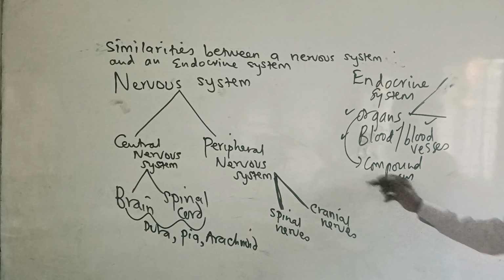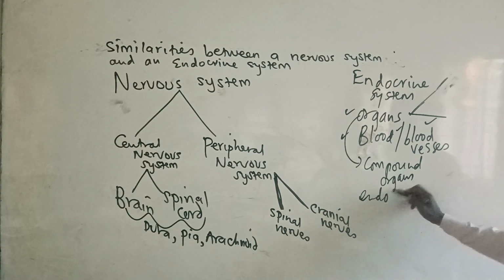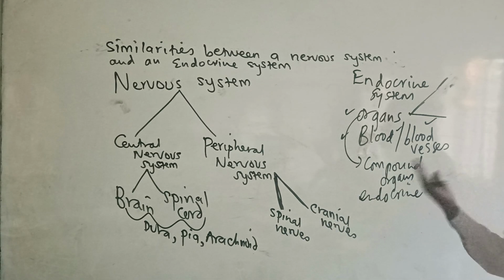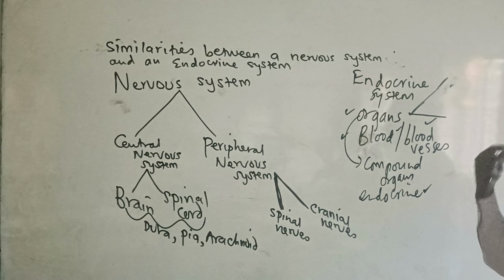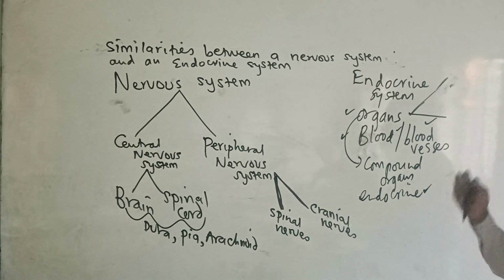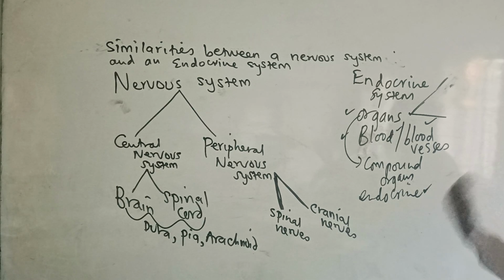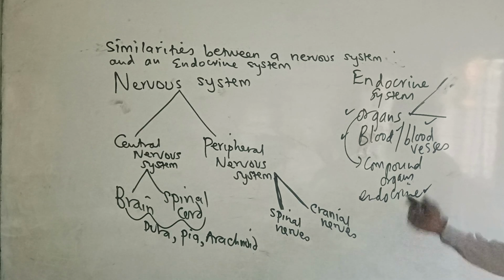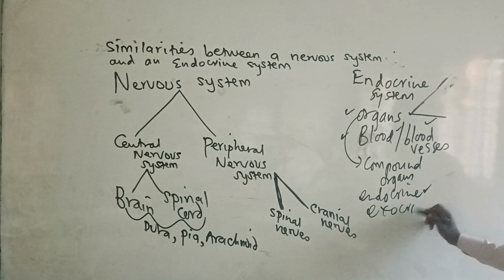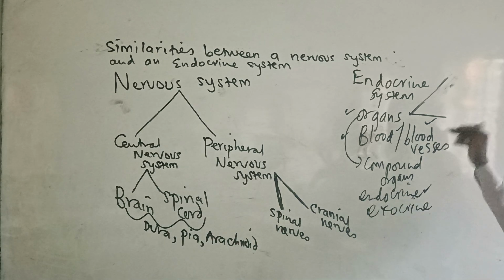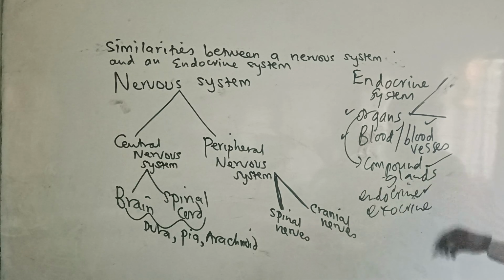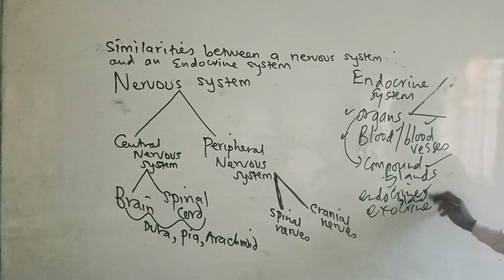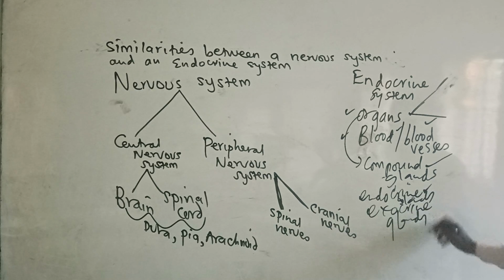And we have also what we call the endocrine hormones. We have, of course, the ductless hormones. In this case, that means those hormones are secreted by glands which are ductless. So glands can either have ducts or they can be ductless. So endocrine, then exocrine. So compound glands, endocrine glands, and exocrine glands are the three main types of glands associated with